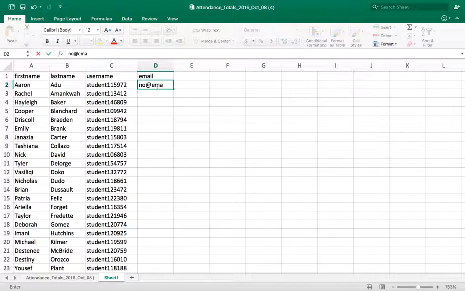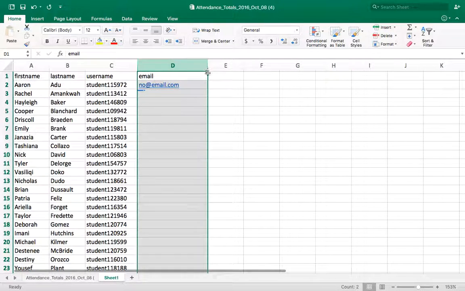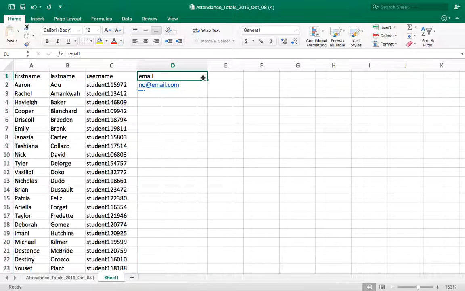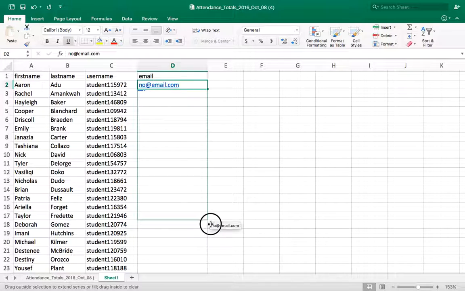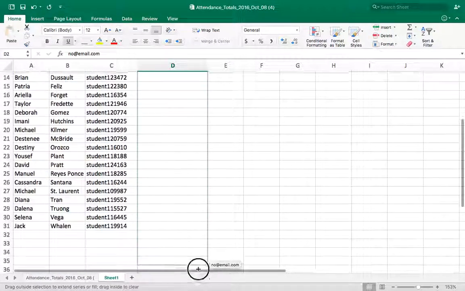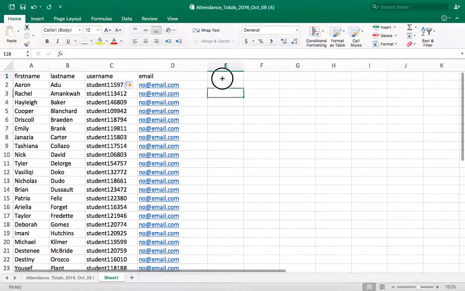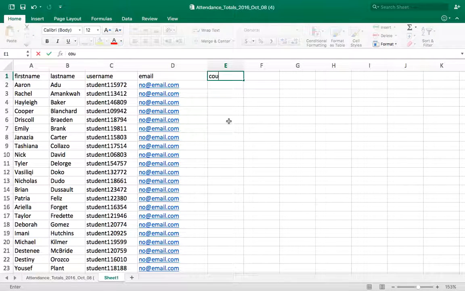So no@email.com, I think, is what the Worcester Public School uses for a fake email. And that's what we're going to do. Okay. And I'm going to go ahead and just drag this down. I'm going to give everybody this email. Okay, done. So the next thing I need you to do is this heading is going to be called